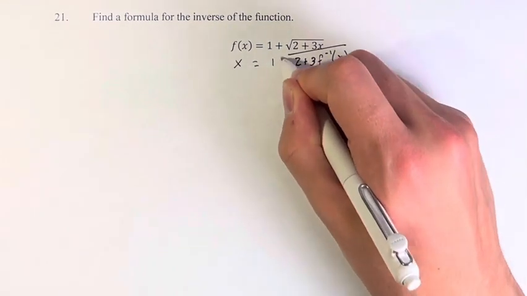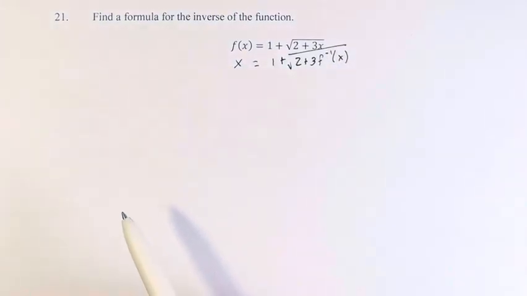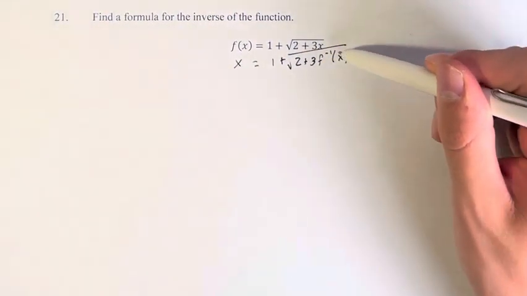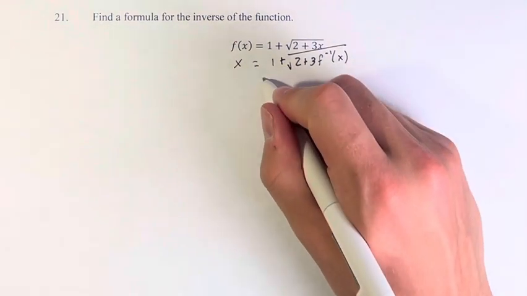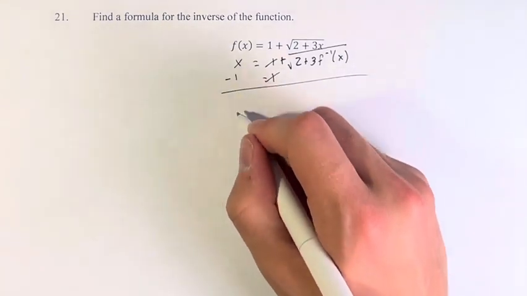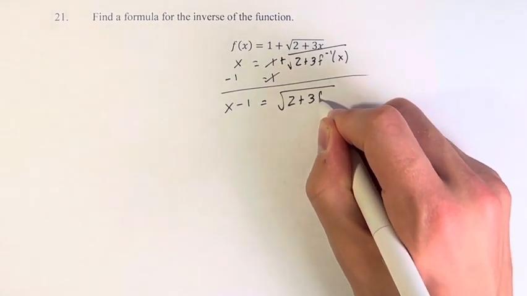And by swapping the variables, we now have an equation which is going to give us, when we solve for f inverse of x, the inverse function. So now we just have to solve for f inverse of x, subtracting 1 from both sides. Now we just have this